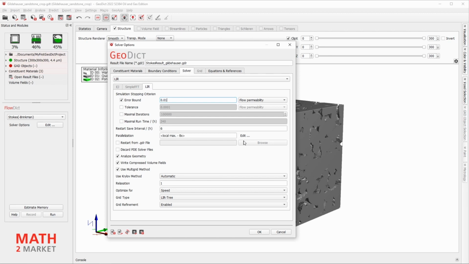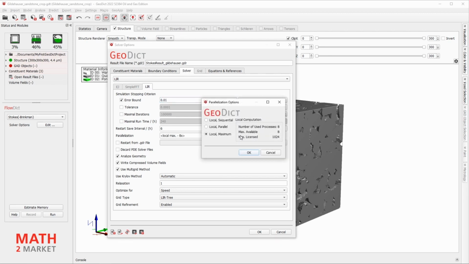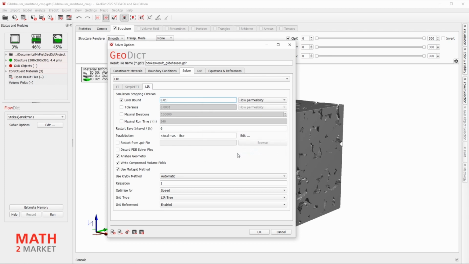But you may also edit the parallelization by clicking Edit. If you have stopped a previous calculation of the LIR solver, you may also restart from a GDR file. You can browse for the GDR file and choose it as input for your next flow calculation.